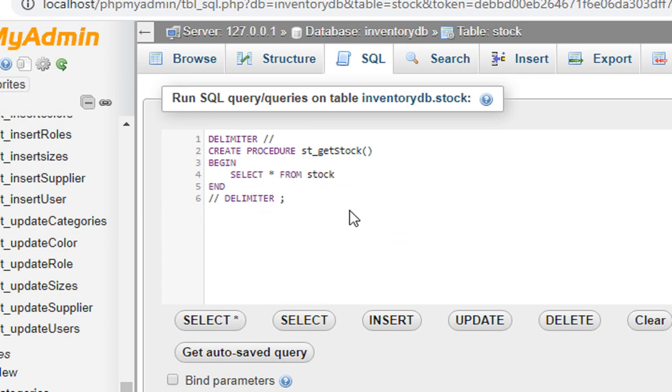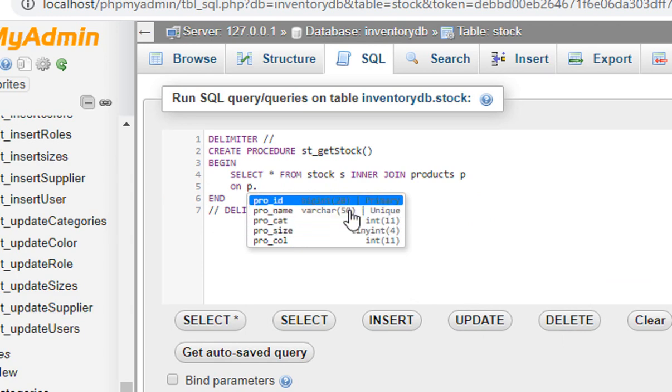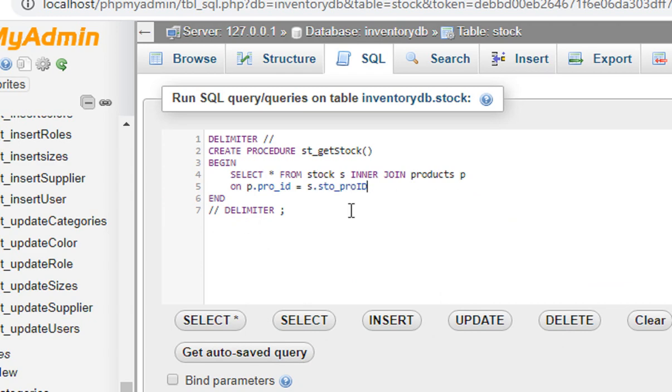So select all from stock S inner join product P on P dot ID equals S dot product ID, and I want to join with the inner join,